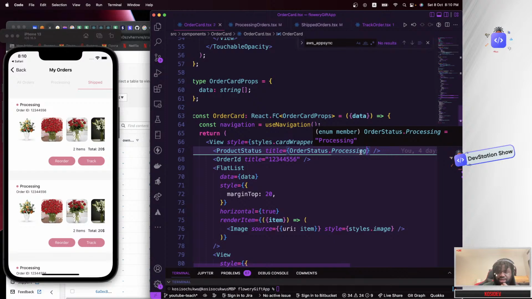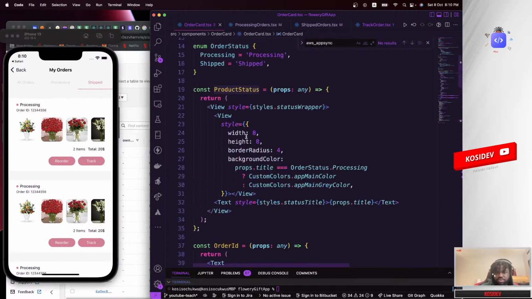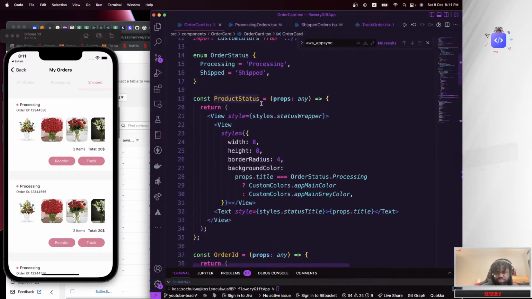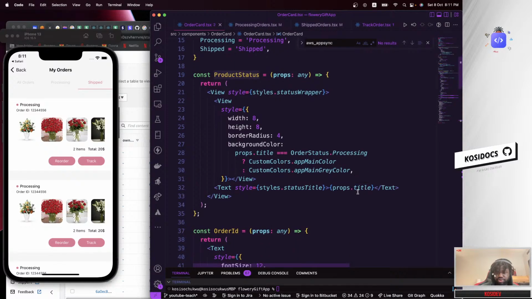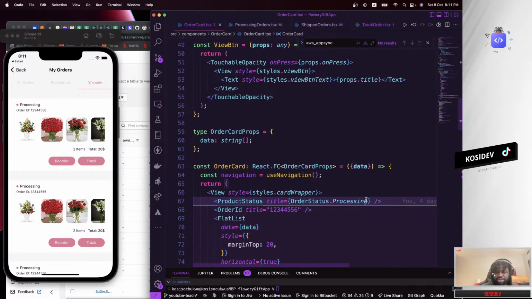Basically in here, I could say order status, which is this. Post the title, and that's the place we are passing this.